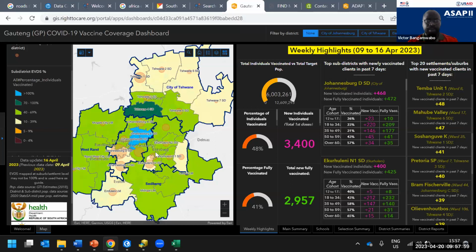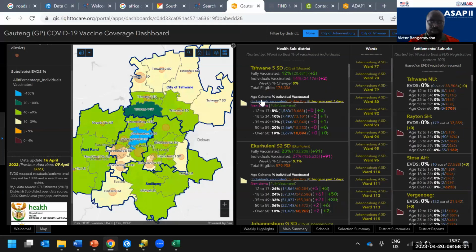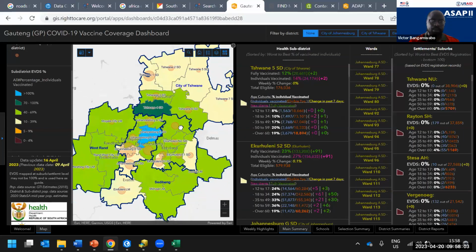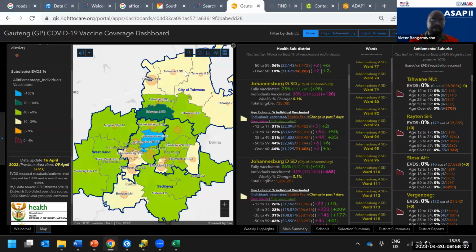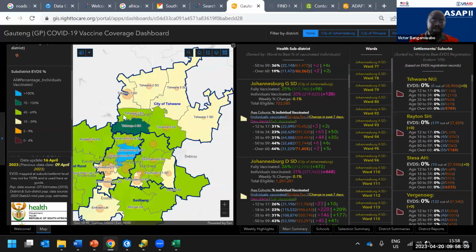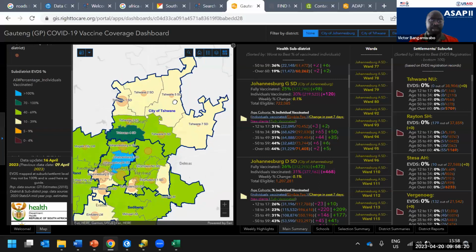And yeah, so let me quickly touch on the different things that we have here. So within this province, we have a summary of the health sub-districts. So you have a district at the top. You can see the bold outline, and it has 1, 2, 3, 4, 5, 6 sub-districts. So you notice an option to filter to that sub-district, City of Tshwane. So if I click on that,